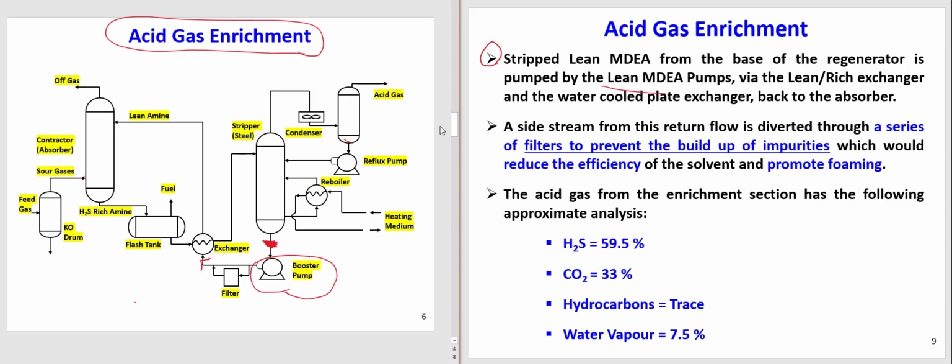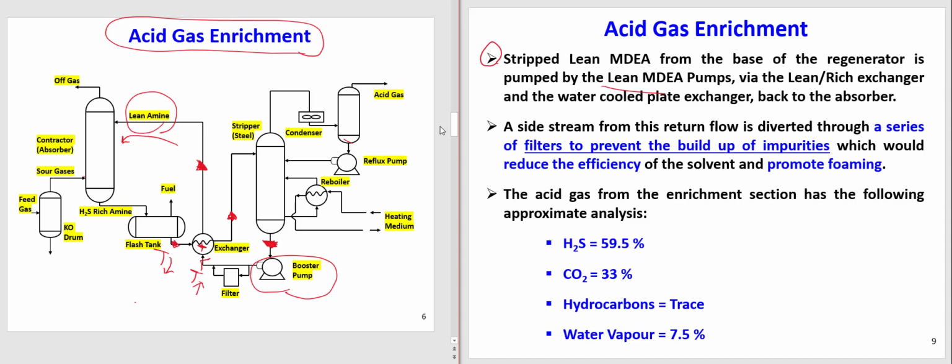I explained this already because it's coming from the bottom of the regenerator where you have the reboiler, it has high temperature, while in the absorber, I want low temperature. Here I have a rich amine that is at low temperature because it's coming from the absorber, so I can contact them in this heat exchanger. They exchange some heat. What I get here is low temperature, what I get here is higher temperature. This is what I really want. So they are contacted in this heat exchanger, and this lean amine will go to the absorber.